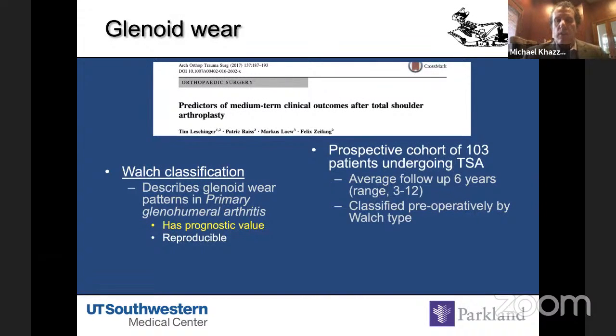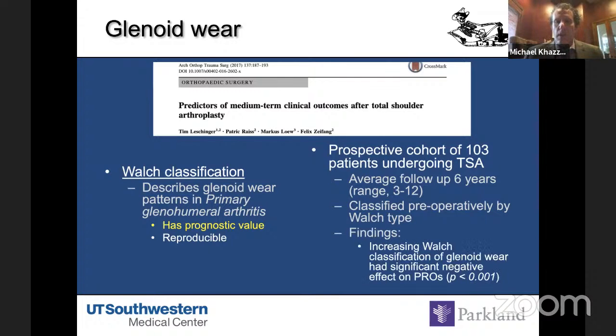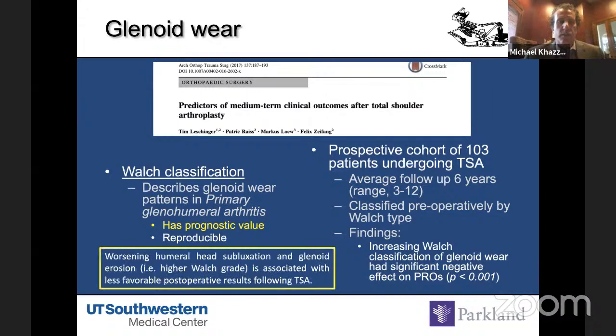in several cohorts looking at the Walch classification preoperatively and how the patients did following anatomic total shoulder arthroplasty. And basically they found that increasing Walch classification, meaning more severe erosion, deformity, posterior humeral head subluxation, had a negative impact on patient-reported outcomes in a setting of anatomic total shoulder arthroplasty. So worsening humeral head subluxation, glenoid erosion, joint line medialization, all associated with less favorable postoperative results following anatomic total shoulder arthroplasty. And this is why the